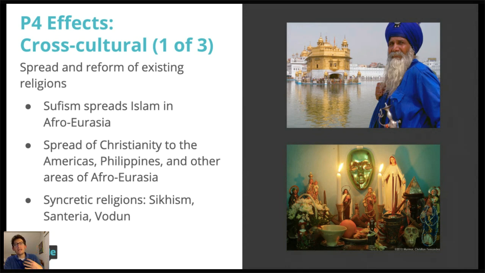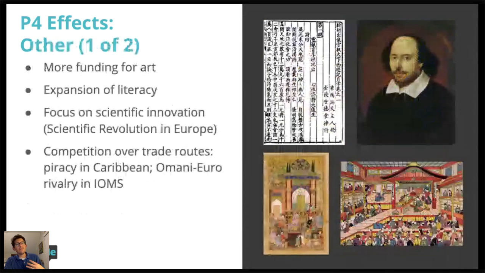And of course, there are going to be a lot of other effects. So this you can put under cross-cultural. You can create your own category there, I think I have other changes mentioned. You might want to put this under period 4 for other changes, though it is kind of cultural changes and a cultural effect of trade in time period 4.